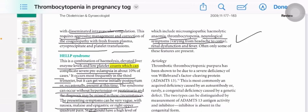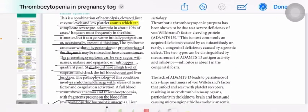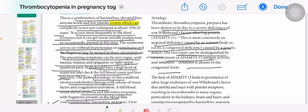So these are the 5 features for TTP. Etiology: TTP is due to severe deficiency of von Willebrand factor cleaving protease, ADAMTS13. This is most commonly an acquired deficiency caused by an autoantibody, and rarely a congenital deficiency caused by a genetic defect. The two types can be distinguished by measurement of ADAMTS13 antigen, activity, and inhibitor, which is absent in the congenital form,